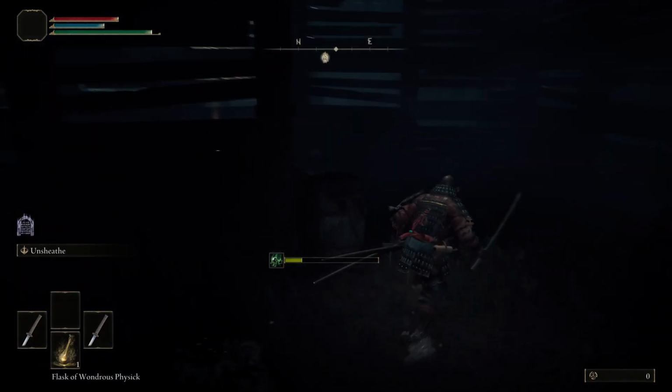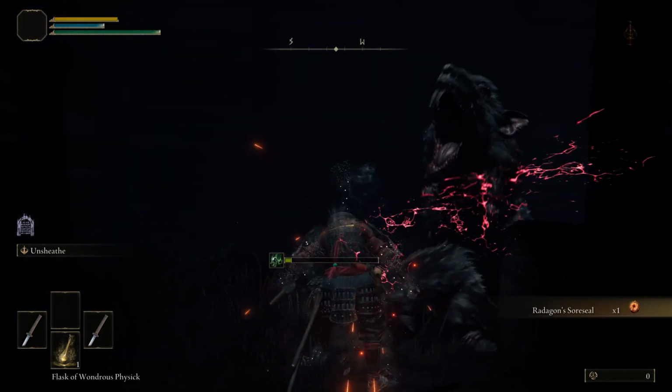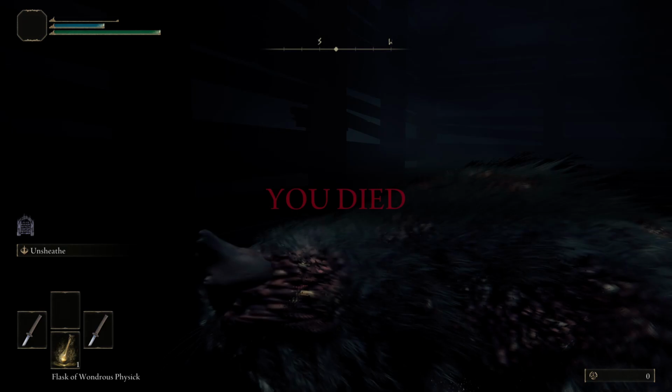Fall down another hole, and around the corner you'll see another glowing item. This is the Radagon Sword Seal. This is very important, very helpful. Go ahead and let those rats kill you as they can one-shot you, and this will teleport us back to the front. I don't know why I said menu, I meant it's going to teleport you back to that Site of Grace